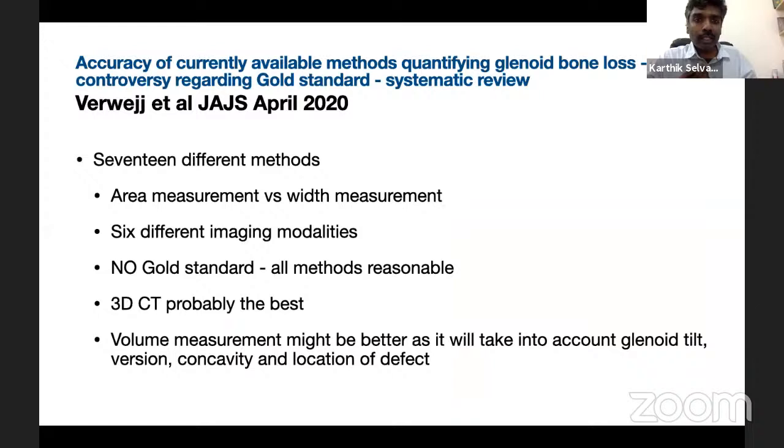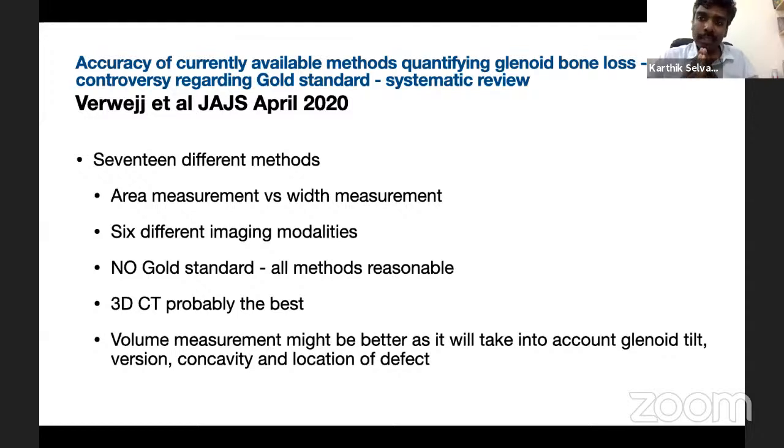So coming to the gold standard, is there a gold standard? This is fresh off the press: 17 different methods of assessing bone loss, area measurement versus width measurement. As Aditya mentioned, every surgeon has a method named after him. And there are 6 different imaging modalities used among all these papers. There's no gold standard, but the most important thing is